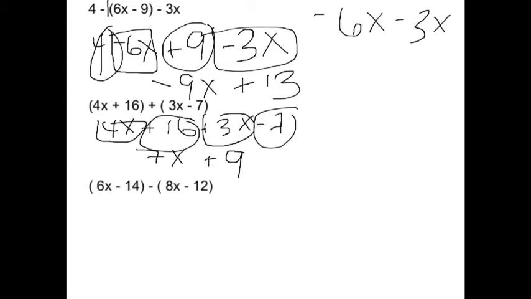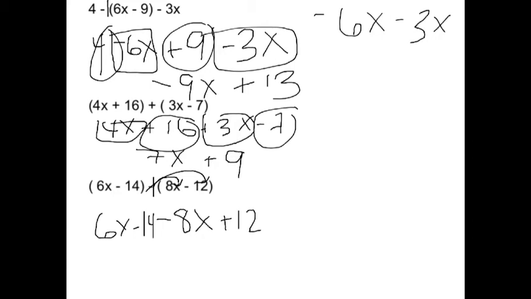Now subtracting becomes a little trickier because now you have two binomials and you're subtracting them. You can't do anything inside the parentheses. But the tricky part is you have to set it up so that you're multiplying the negative 1 by what's in the second set of parentheses. Negative 8x plus 12. And the reason that is because when you read this, it's 6x minus 14 minus negative 8x plus 12. So when you rewrite it without the set of parentheses, it becomes 6x minus 14 minus 8x